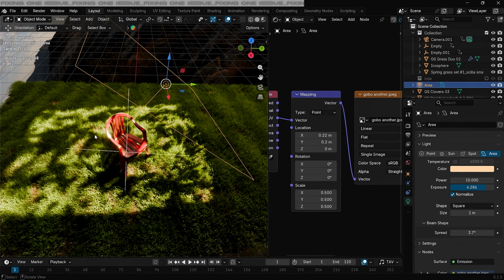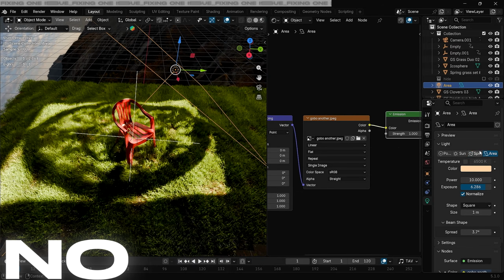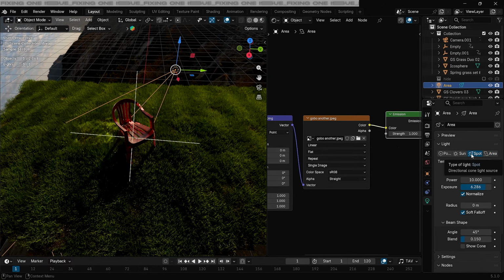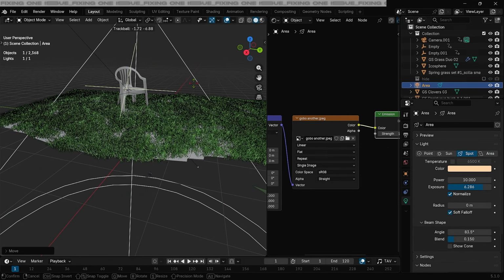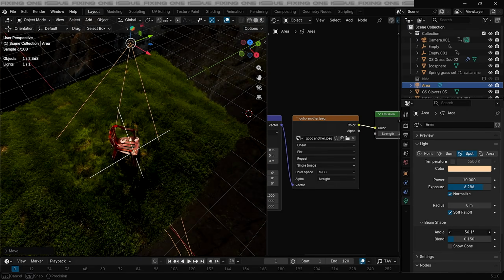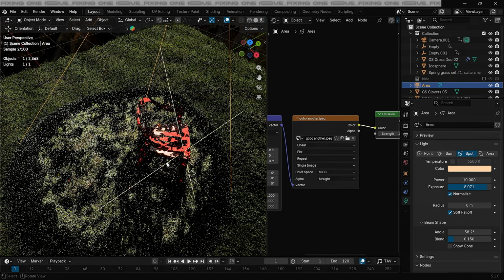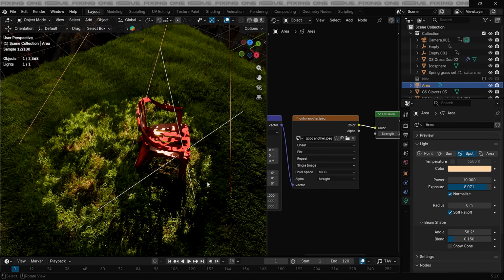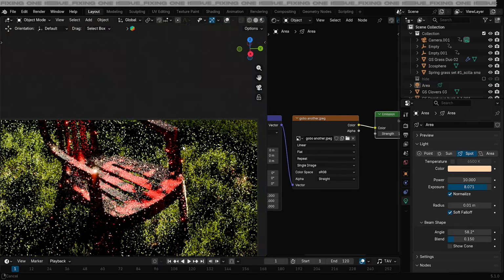For the second one, we can just switch from area to the spotlight in the light setting, and then just adjust our spotlight, scaling it a bit, changing the angle and increasing the exposure as well. And now the spotlight will cut out a circular shape automatically. So this completes our